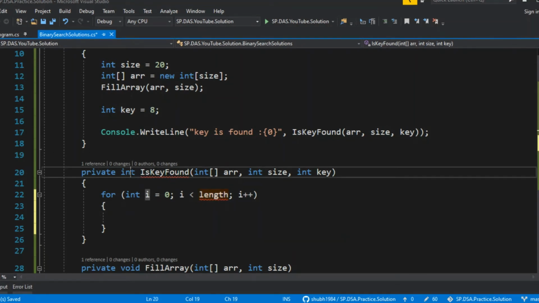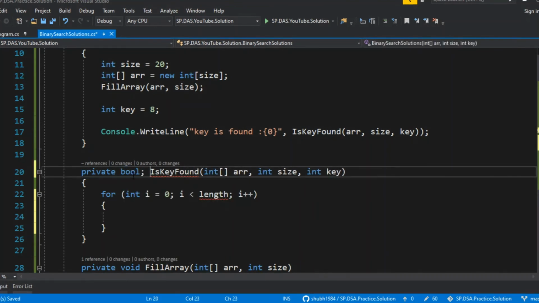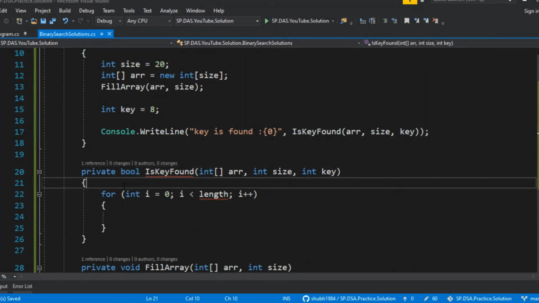It totally depends. In some places, since you know the key, when you do the search you either need to validate, so you need a boolean return, or if you need the index of the item, in that case you can return an integer.